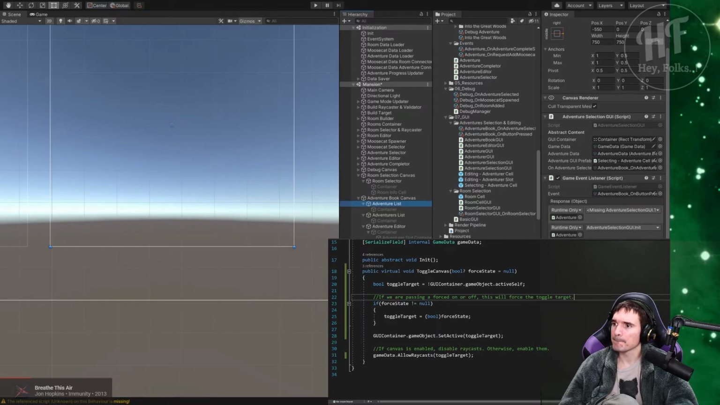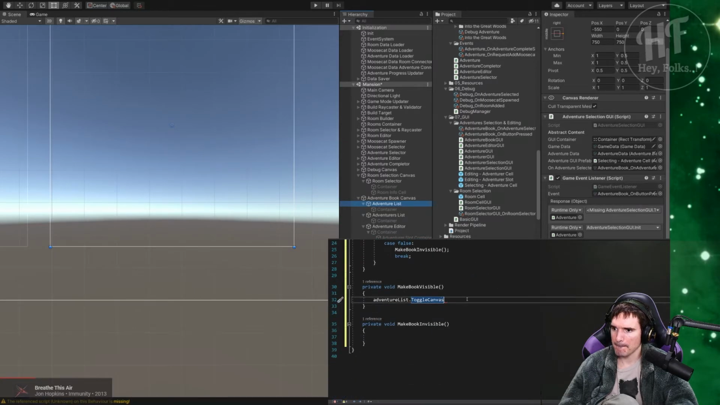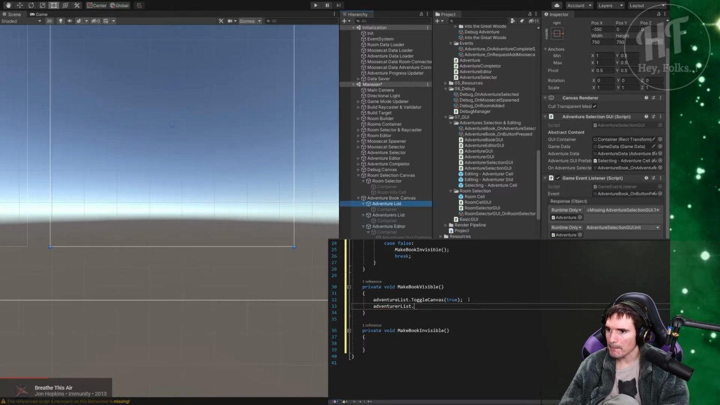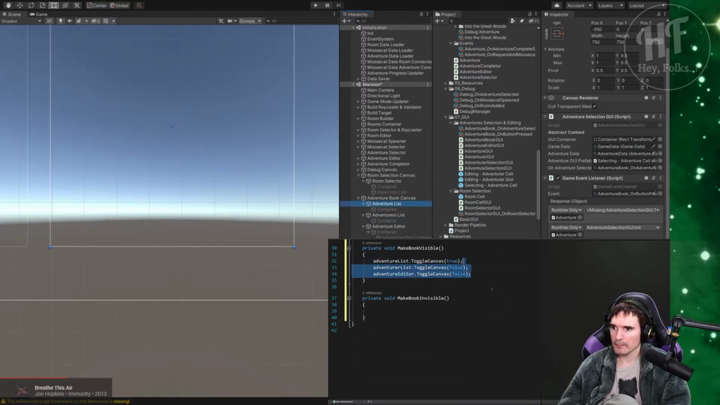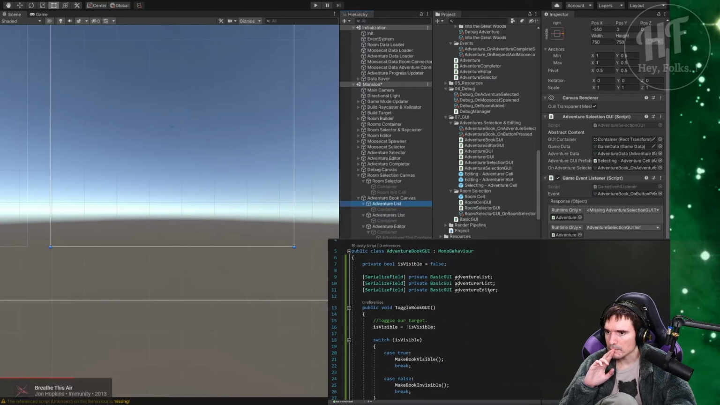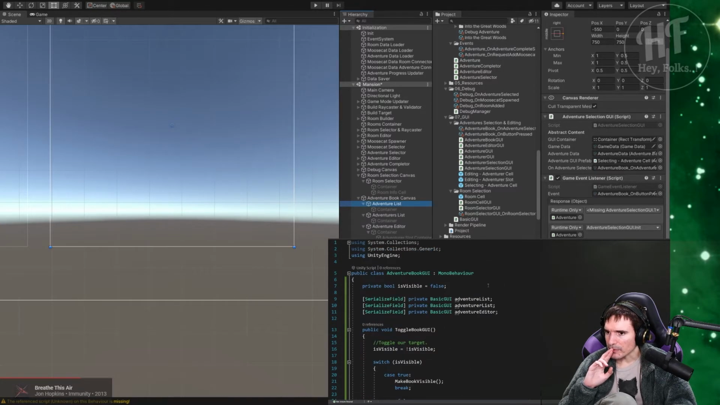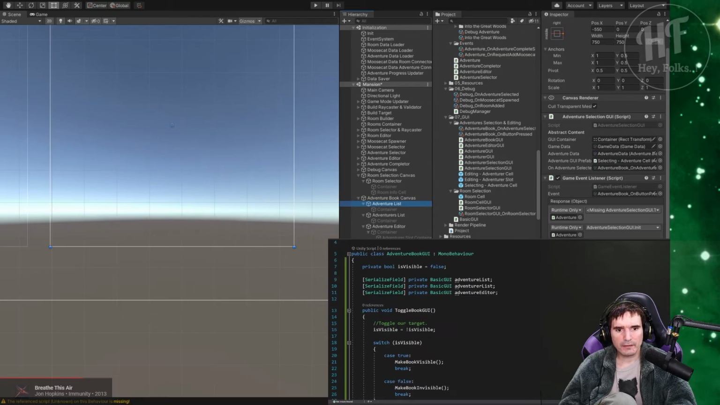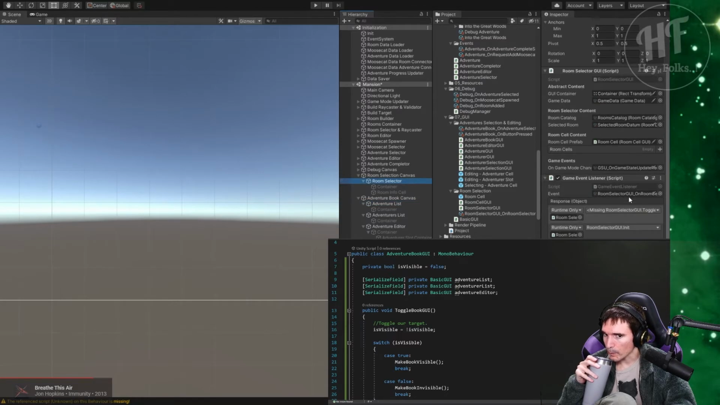Easy peasy. So then we go back. We'll say toggle canvas true. And then we gotta adjust some things. False. Whoops. Editor. And then if we're making them all invisible, there we go. Otherwise, I don't believe we need to do anything fancy with sending events or anything like that. It'll be listening for an event, which will be the event that is currently